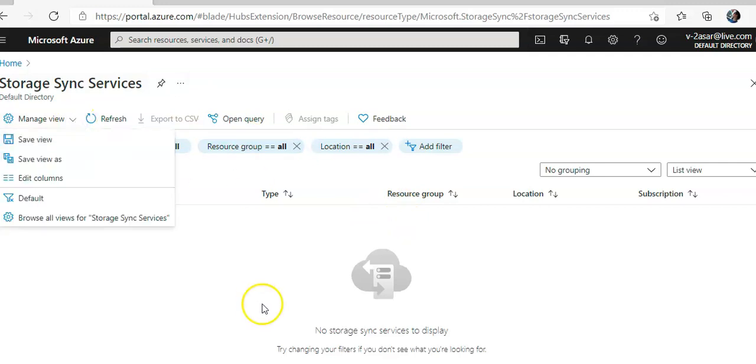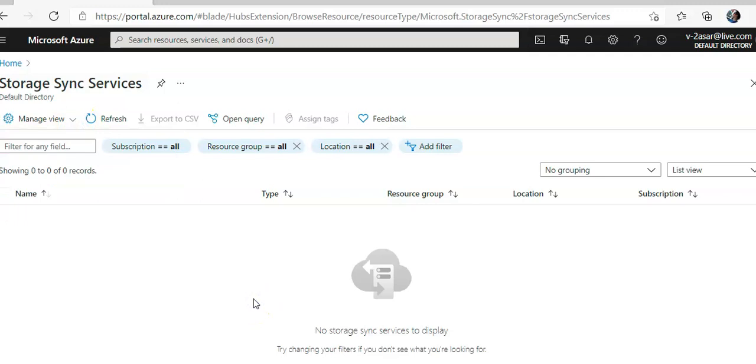That is why you don't see it here. Then there is the sync group, which outlines the replication topology for a set of files or folders. All endpoints located in the same sync group are kept in sync with each other.